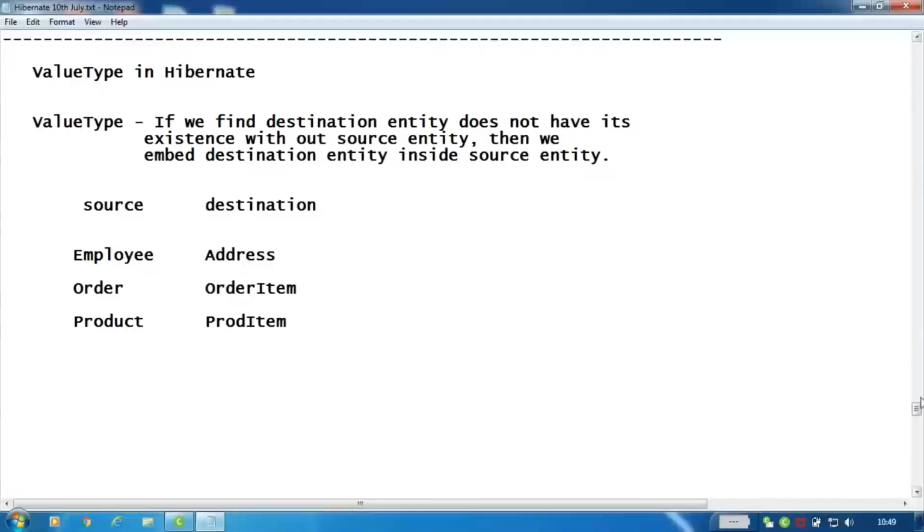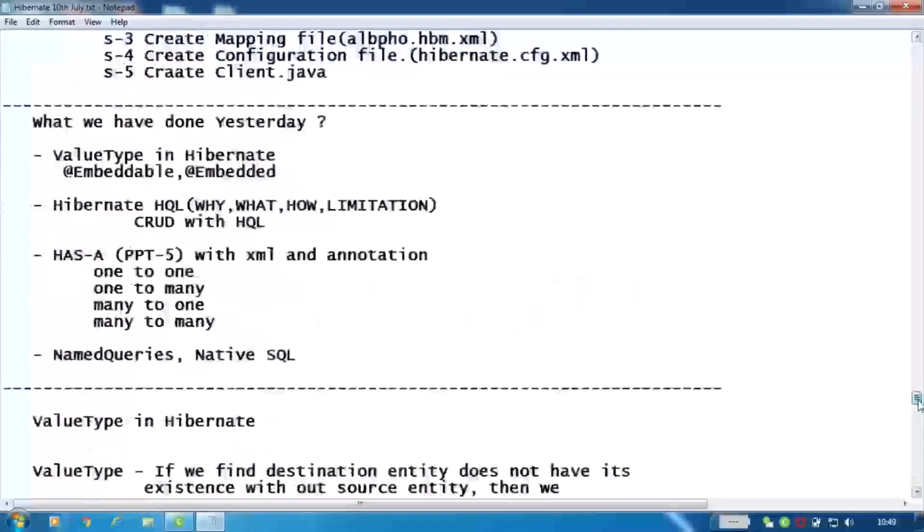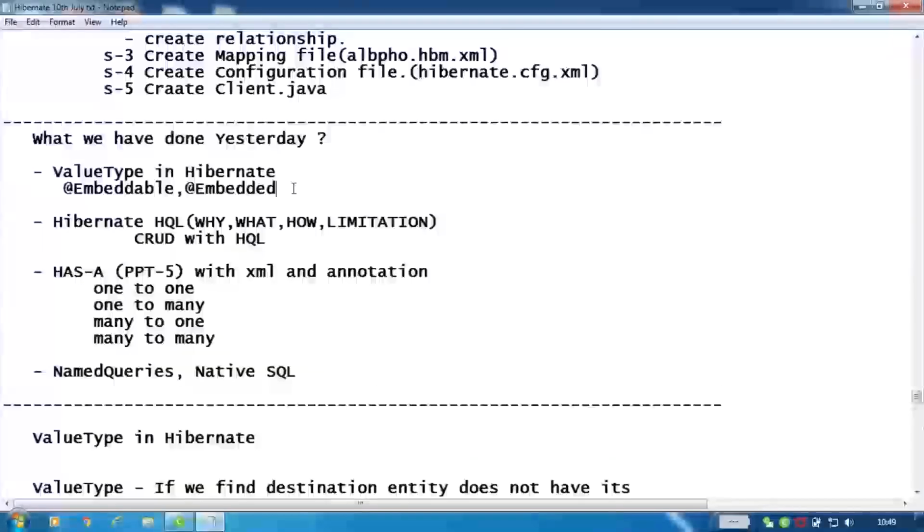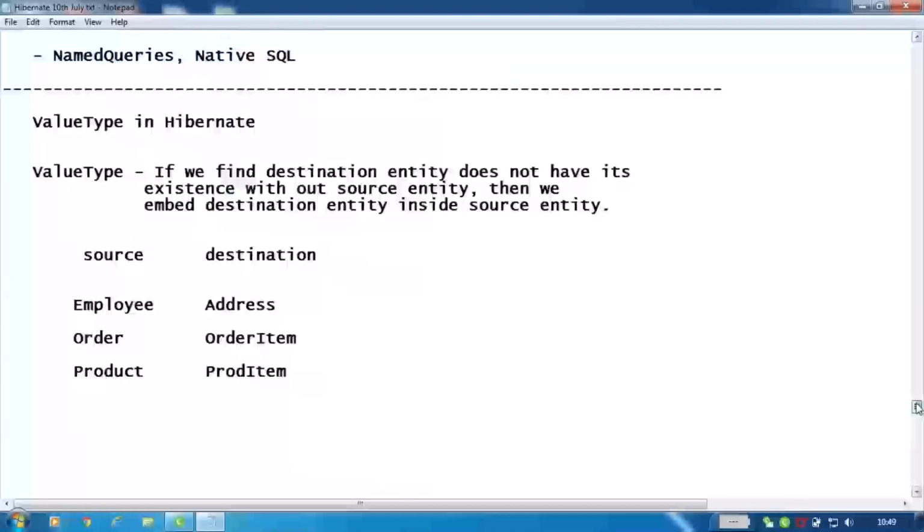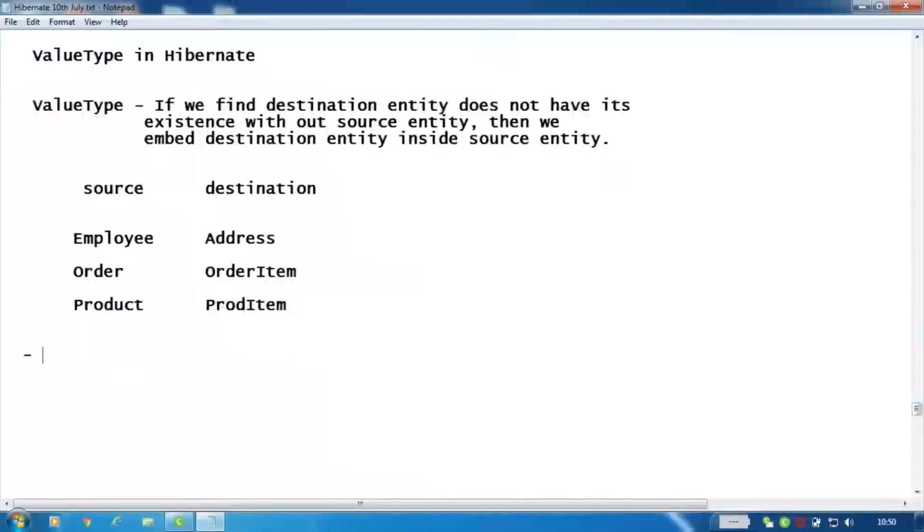We can implement the value type concept in Hibernate with the help of these two annotations. We need these two annotations to implement value type in Hibernate: @Embeddable and @Embedded. So how is it? As you know, let's take the example of order and order item. If I want to implement a small project,